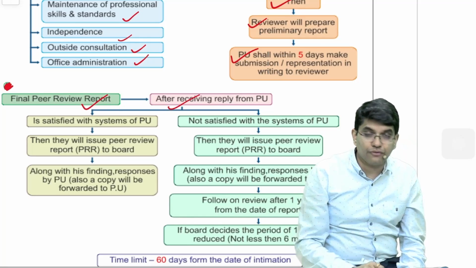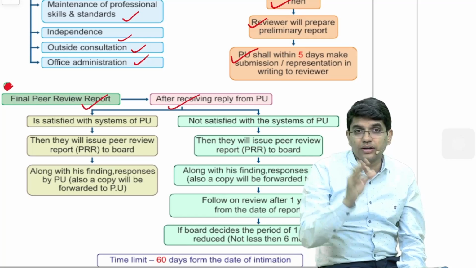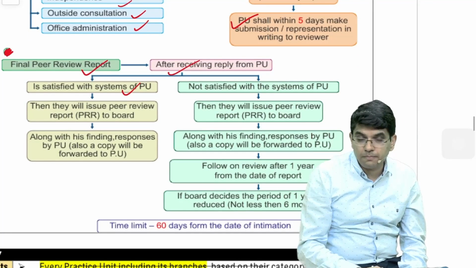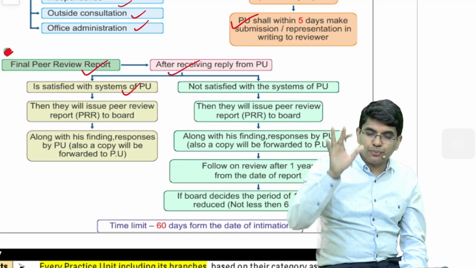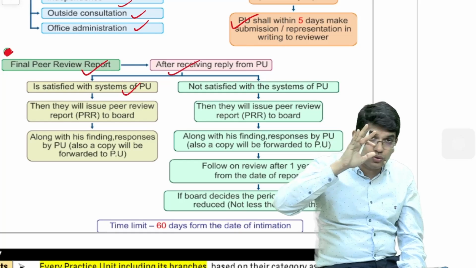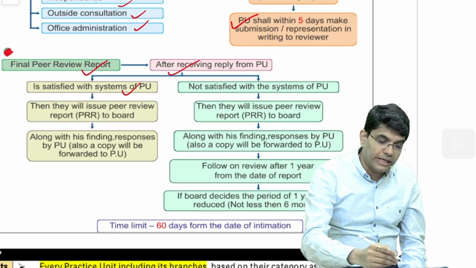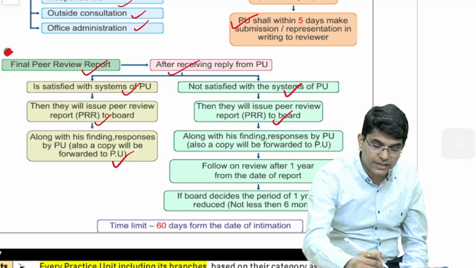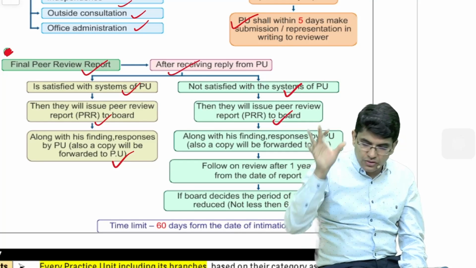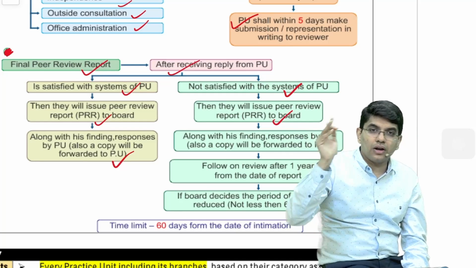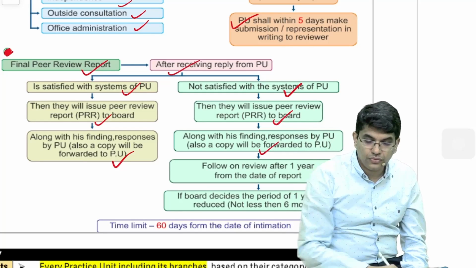After receiving the reply from the CA firm practicing unit, if the reviewer is satisfied with the CA firm, he will make a final report that I am satisfied with the quality control system, how audit is done in the CA firm. Absolutely fine. I have no problem at all. He will attach the preliminary review report and also the reply. If he is not satisfied, again he will make a report that he is not satisfied, so and so are the issues. He will attach the preliminary review report, and along with that he will also attach